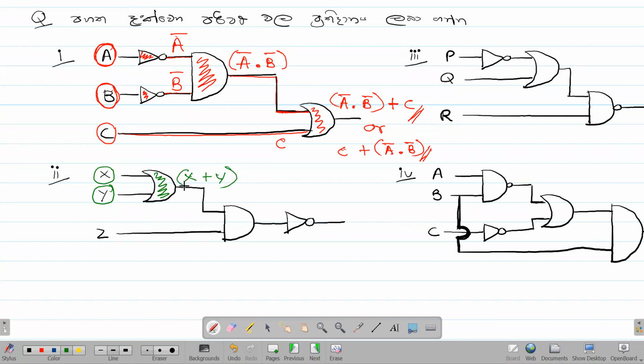It's better you have the brackets around it. And from this Z, it will provide a Z over here. So to this AND gate, X plus Y will be one input and Z will be the other input,